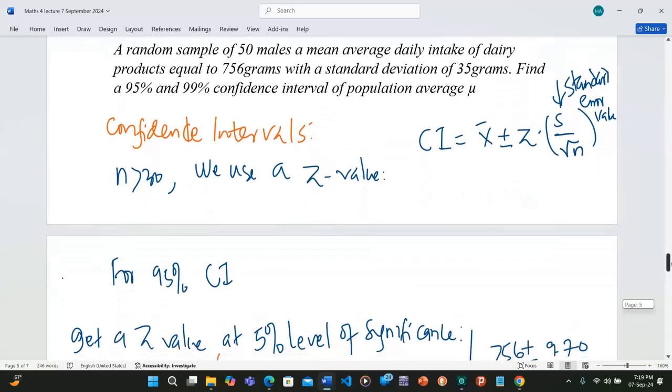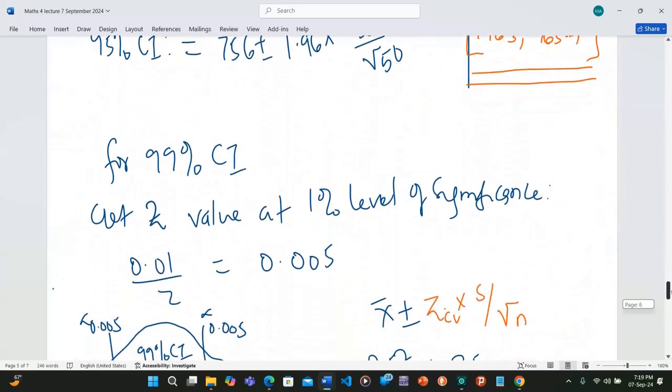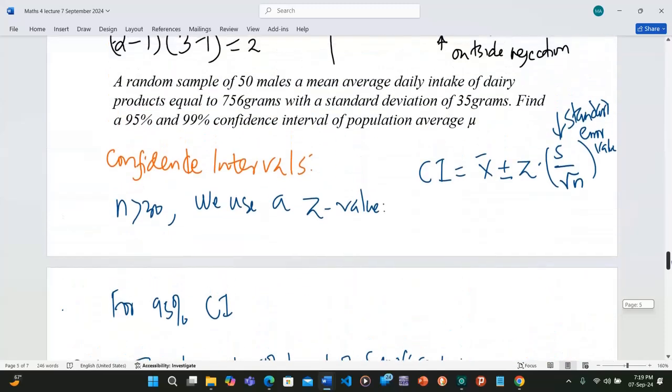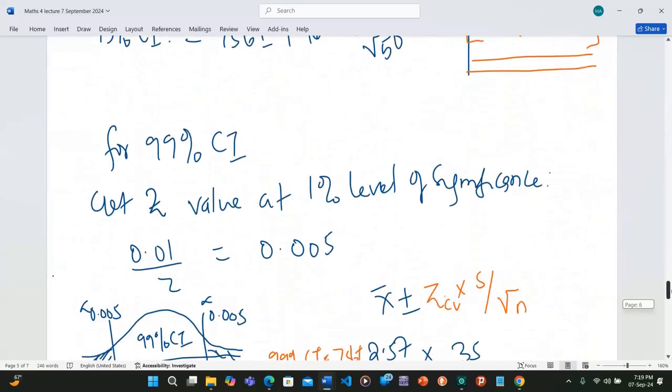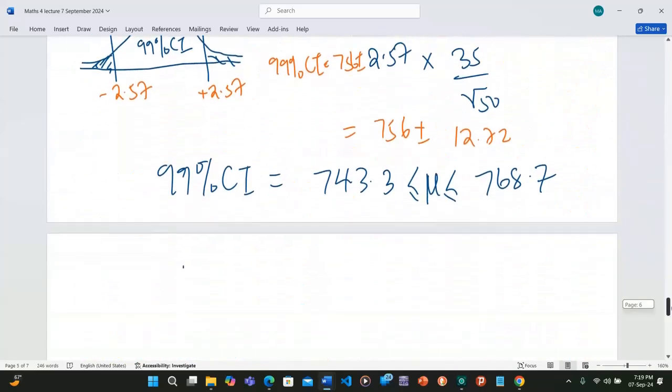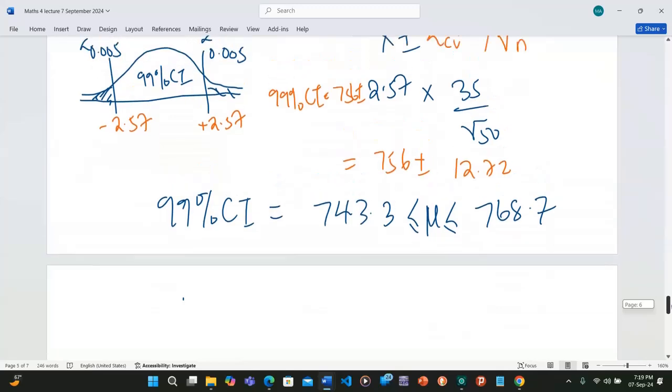But remember, we have calculated it using the sample mean. So we use the sample mean to estimate the range within which the population mean is. And that is the function, or the advantage, of knowing how to get the confidence interval. So if there is no question,